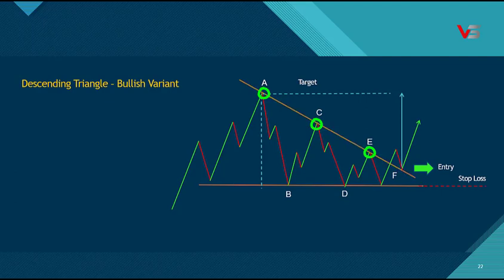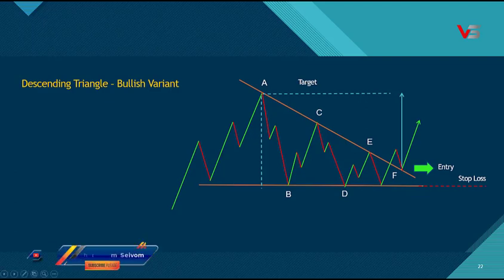If condition number 1 is satisfied, the breakout will happen on the upper side only, which means there is an 80% chance for an upside breakout. Also there is a 20% chance for a downside breakout. Then next, when should we enter the market?